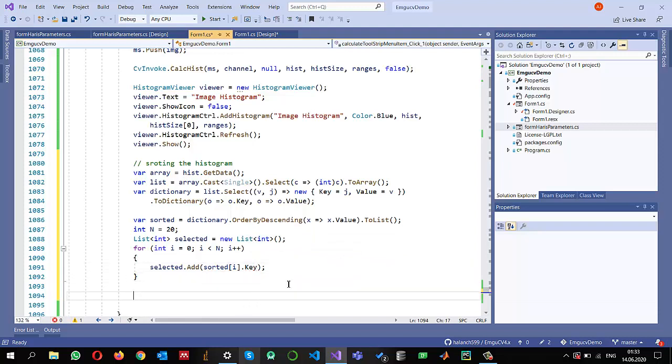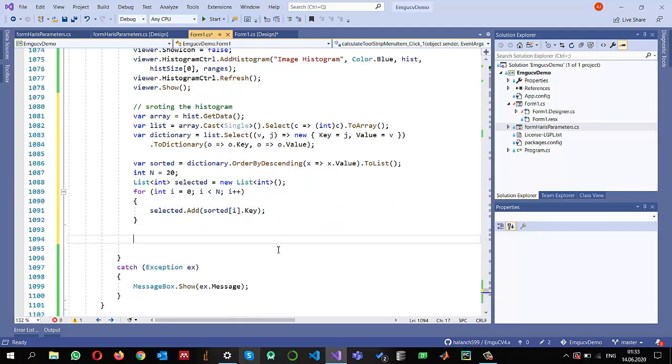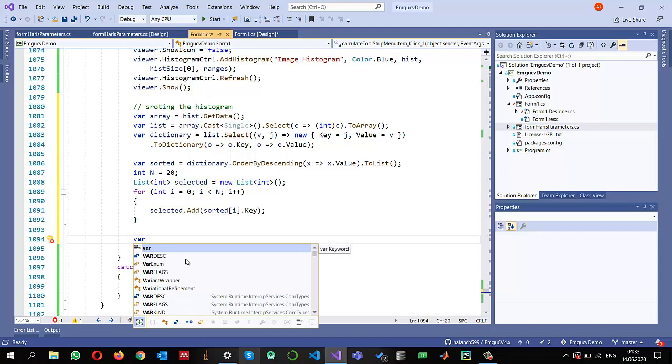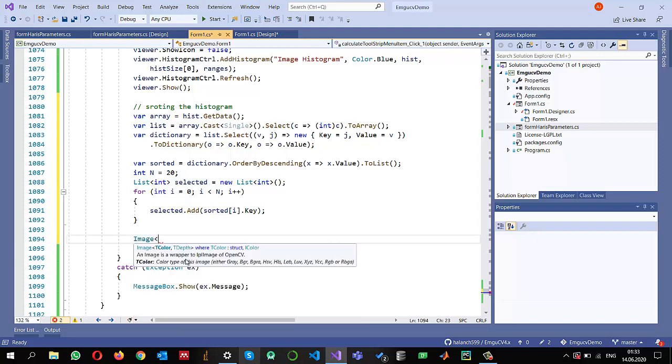That is the pixel. And now I want to show, the interesting thing is that this selected basically contains the pixels which are highly repeated. And I just want to show those pixels only. So what can I do here? Interesting thing is variable, or I can create an image. I call it image, and it is a gray image of type bytes, and I call it image 2 is equal to